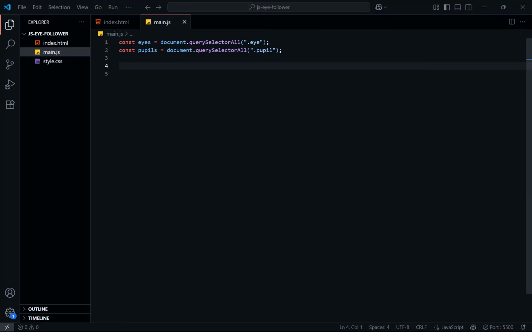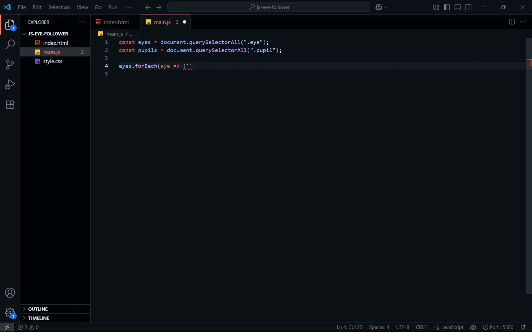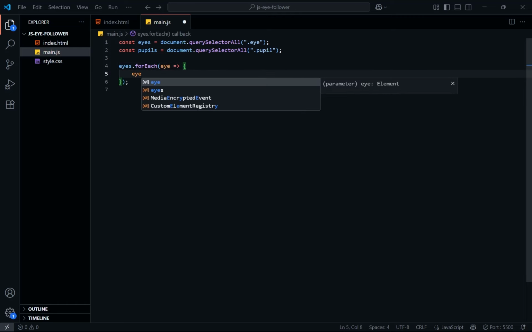Nothing changed because we didn't do anything with the elements we got. So in order for something to happen, we have to access them and do stuff with them. So I want to say eyes.forEach eye, because we have two eyes. We need to loop over them and do the interactions for each of them. So we want to say eye.addEventListener,